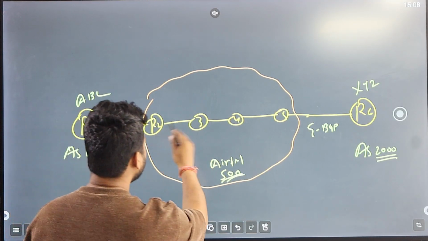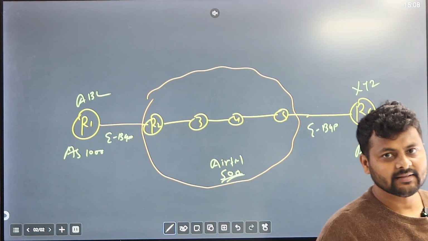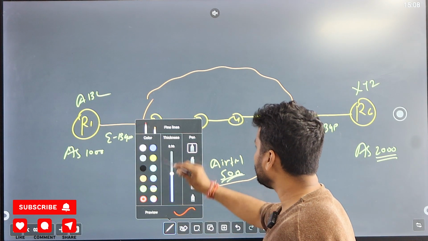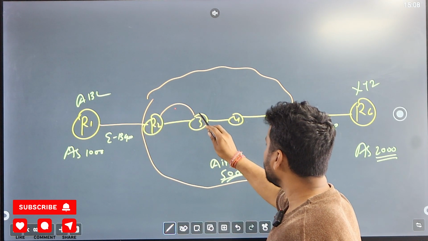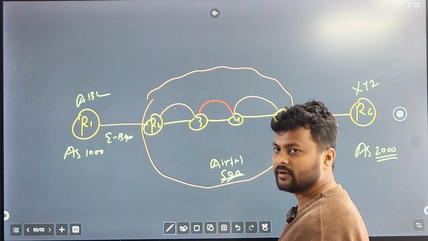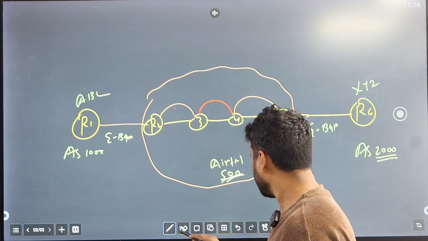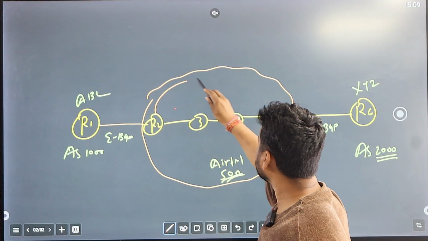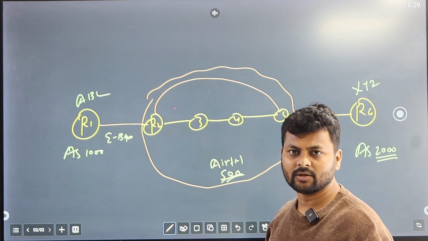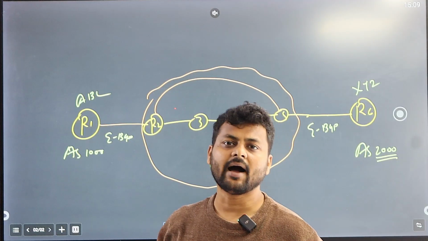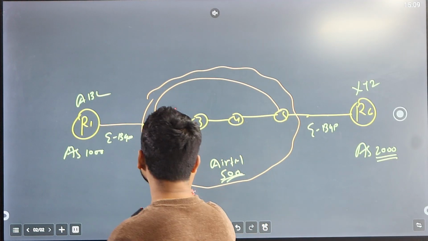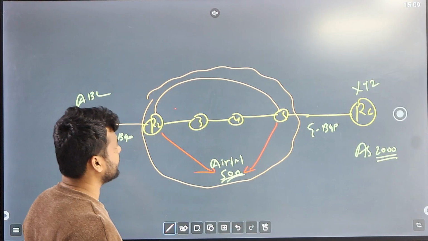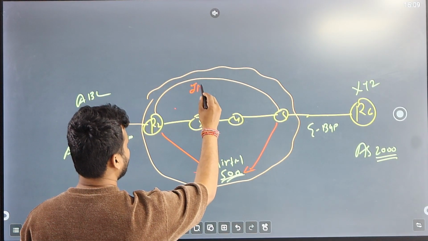What if it is between Router 2, Router 3, Router 4 and Router 5? In this case, I'm going to form the neighborship between all these routers: Router 2 to Router 3, Router 3 to Router 4 and Router 4 to Router 5. Or we can directly form the neighborship between Router 2 and Router 5, an indirect neighborship. This neighborship is called an IBGP neighborship. Why? Because Router 2 is participating in AS number 500, and Router 5 is also participating in AS number 500.